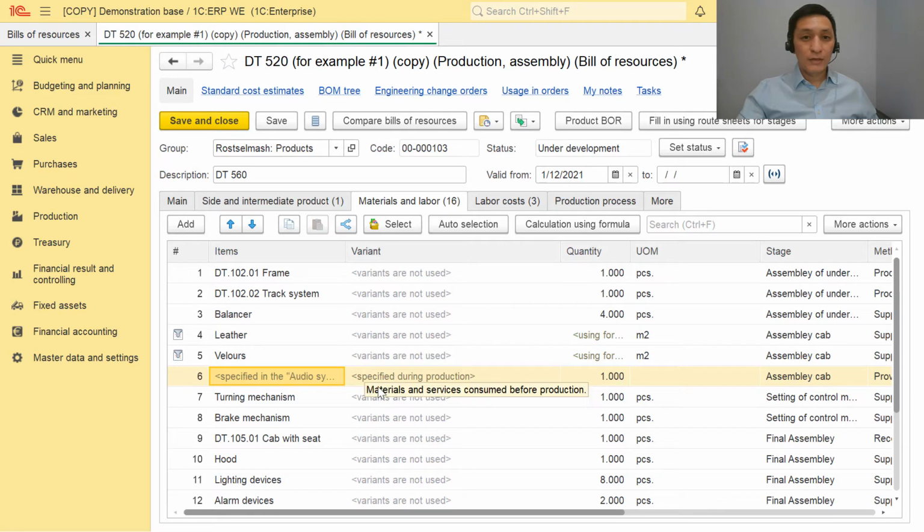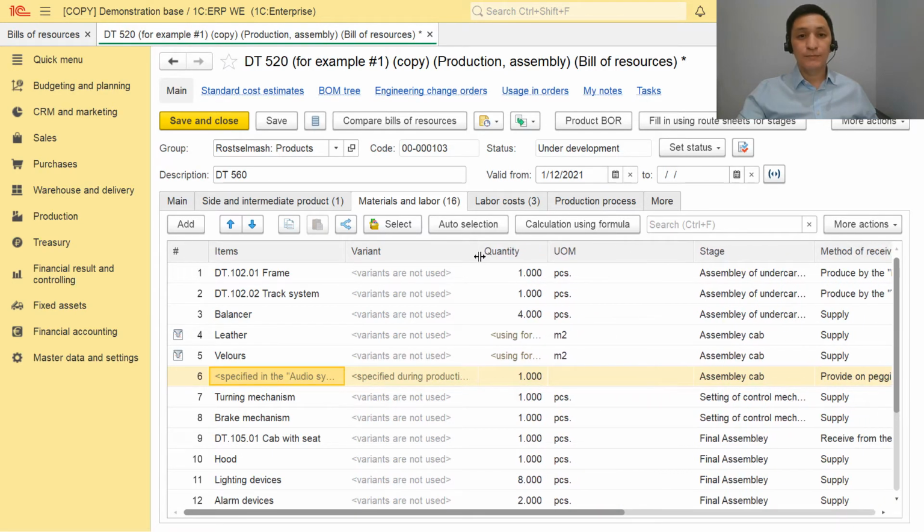So, instead of creating a number of BOMs, you only need to have a reference to the attributes of the item variant. And when you generate production stages for the order, the system will automatically select the exact audio system. You may also see in the BOM